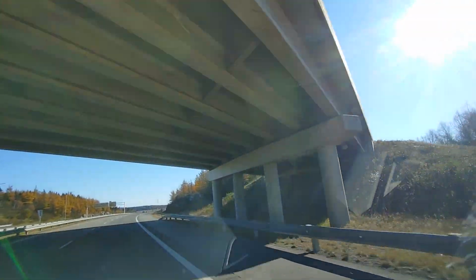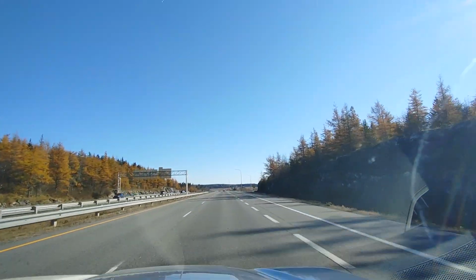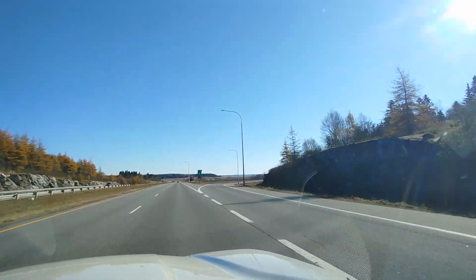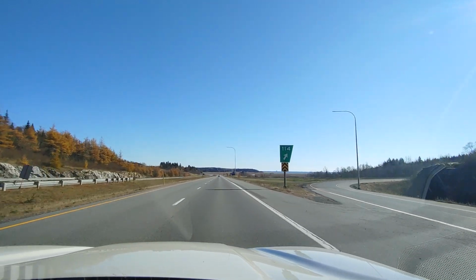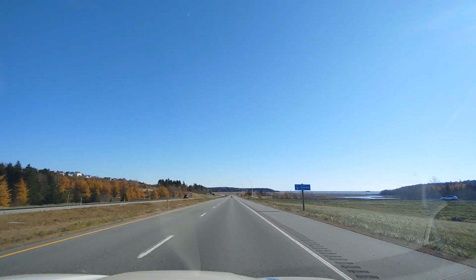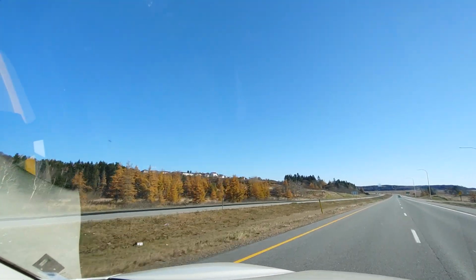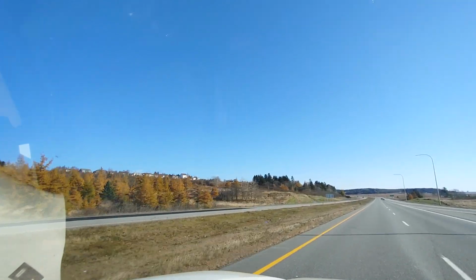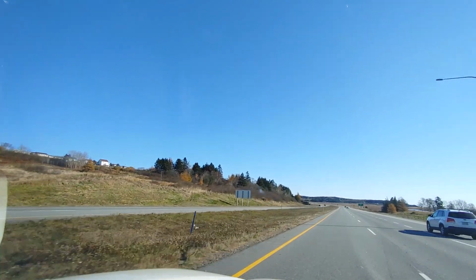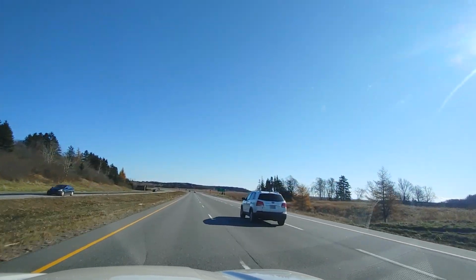All right, so this overpass right here is the highway to Grand Bay and Grand Bay-Westfield. It's about 15-20 minutes north of here? Not even 10 minutes. And you also get to Fredericton on that same highway, about an hour. To our left, what neighborhood is up on the hill there? Up there, somewhere along there, is Island View Heights, Quinton Heights, and Greendale. And to our right here,